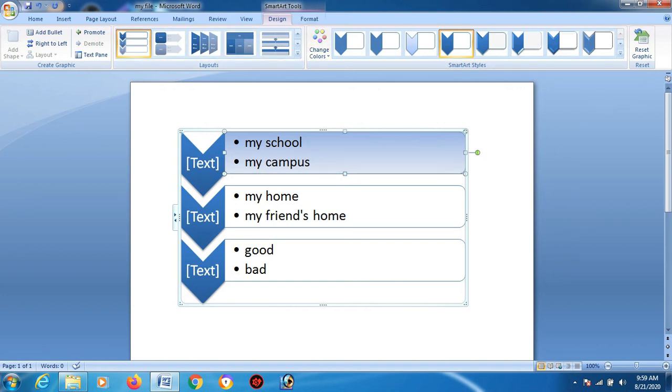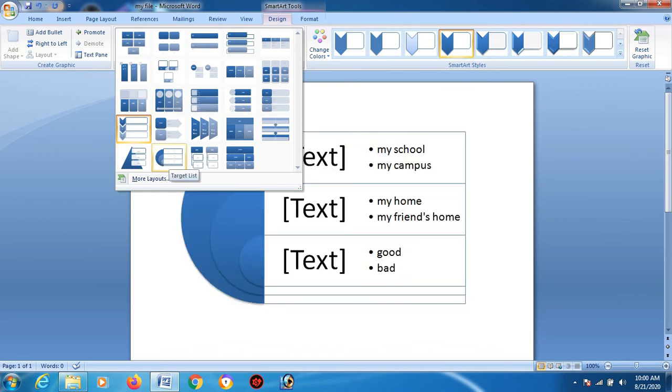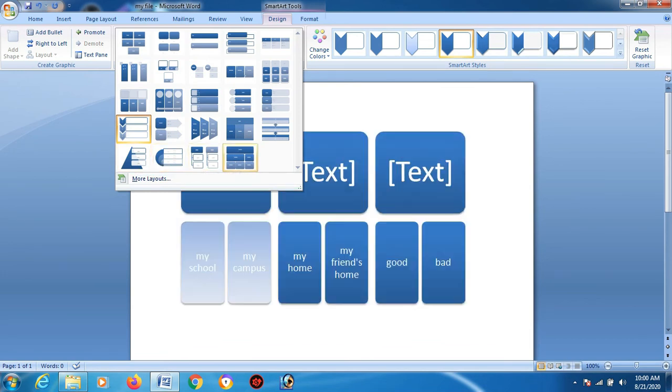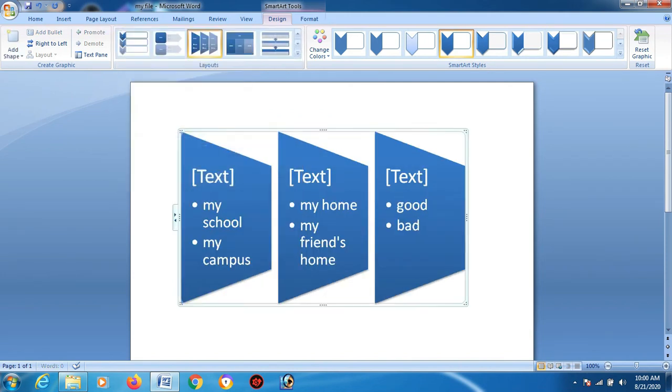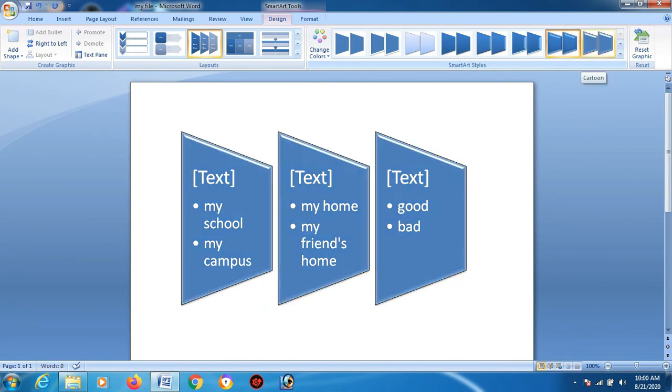In my next video I will show you a few of the other features also. There are various features over here, you can select any of them. Let's suppose I selected this. It looks something like this in the form of tiles. You can change it to other forms also.